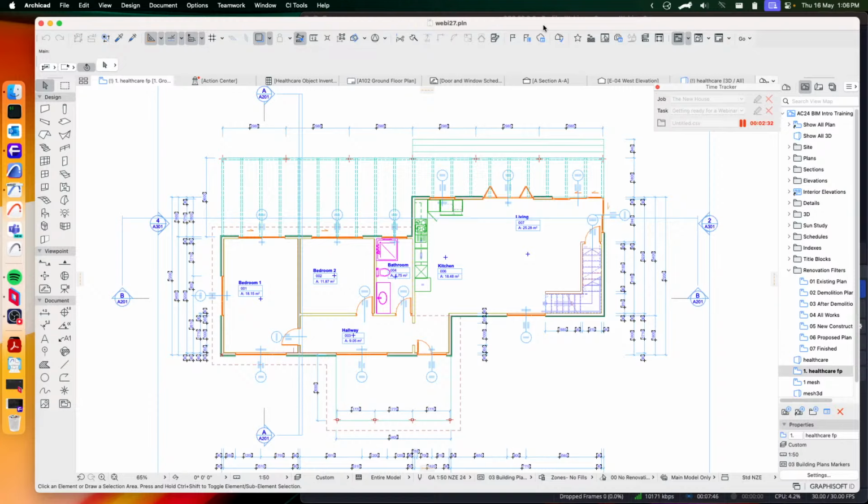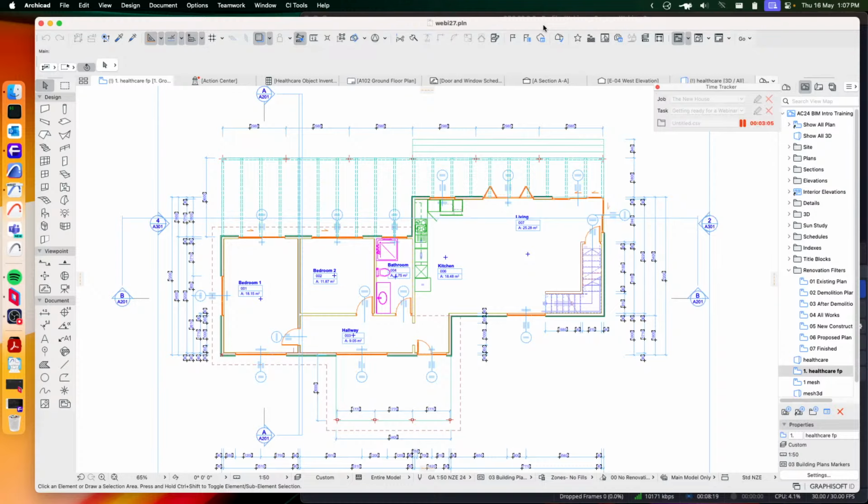I'm going to be working in ArchiCAD 27 for this webinar. The time tracker tool is currently only available in ArchiCAD 27. So if you are interested in that one, you'll need to be on 27. But the metadata and transformer tools are both available back to ArchiCAD 25. So if you're using one of those slightly older versions now, you'll be able to use those tools there also. So I'm going to look at what the tools do, why you might want to use them, and that sort of thing,